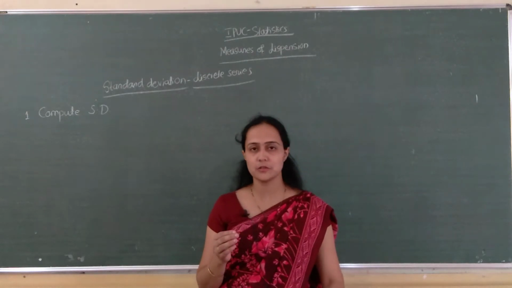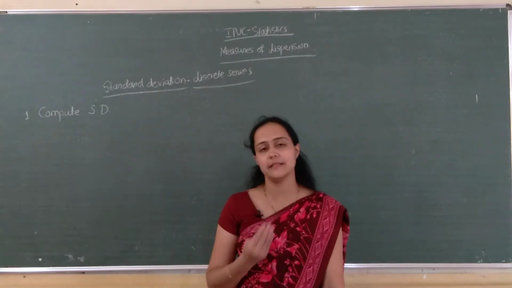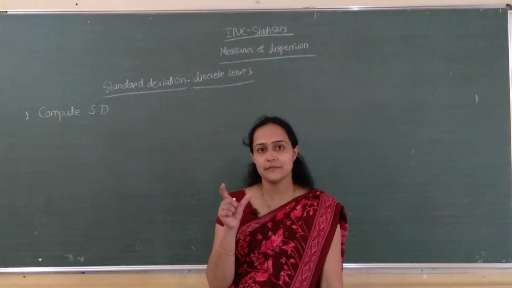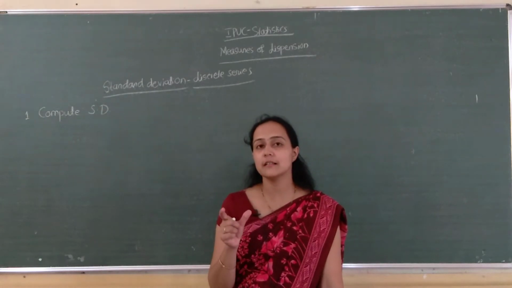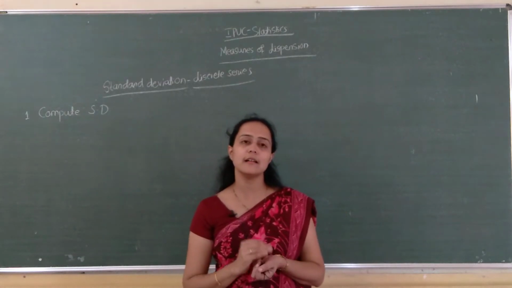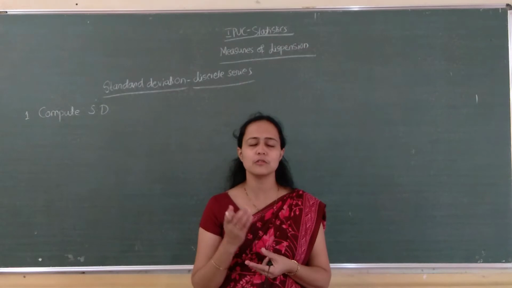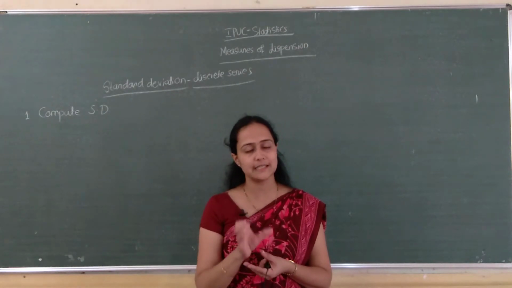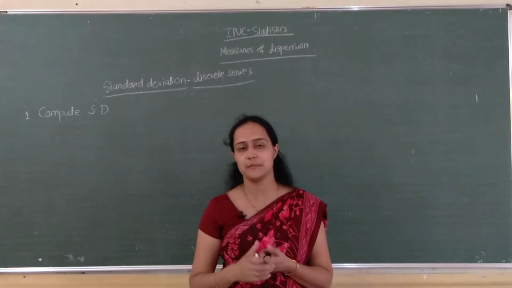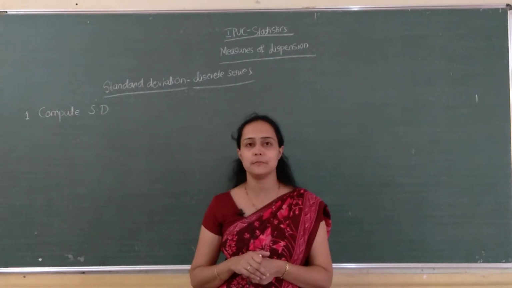We saw what dispersion is, then the measures of dispersion: range, quartile deviation and mean deviation. In standard deviation we were discussing the first case, raw data. For computing standard deviation in raw data, the simplest case is when frequencies are not there. There are three methods: the direct method, the indirect method, which are two formulae, and one shortcut, the deviation method. We saw three problems in raw data.